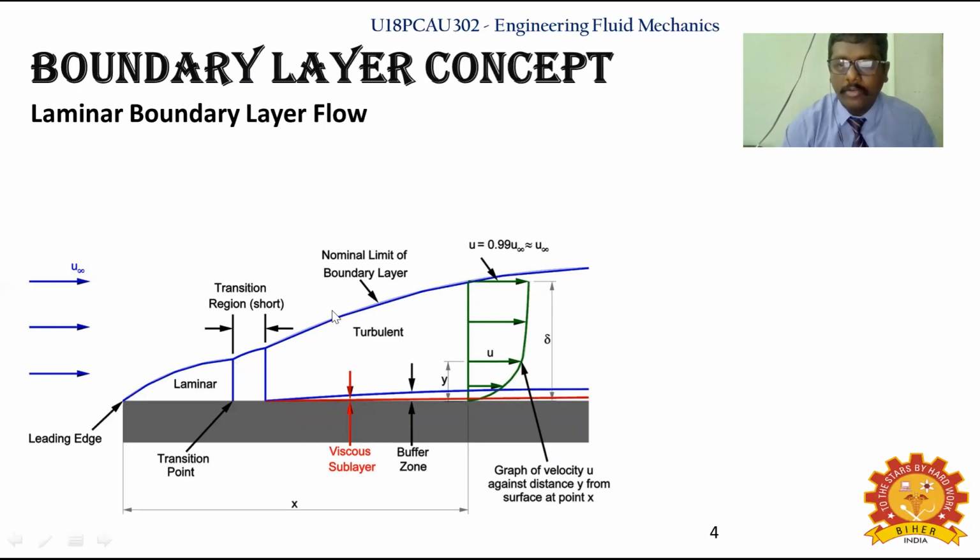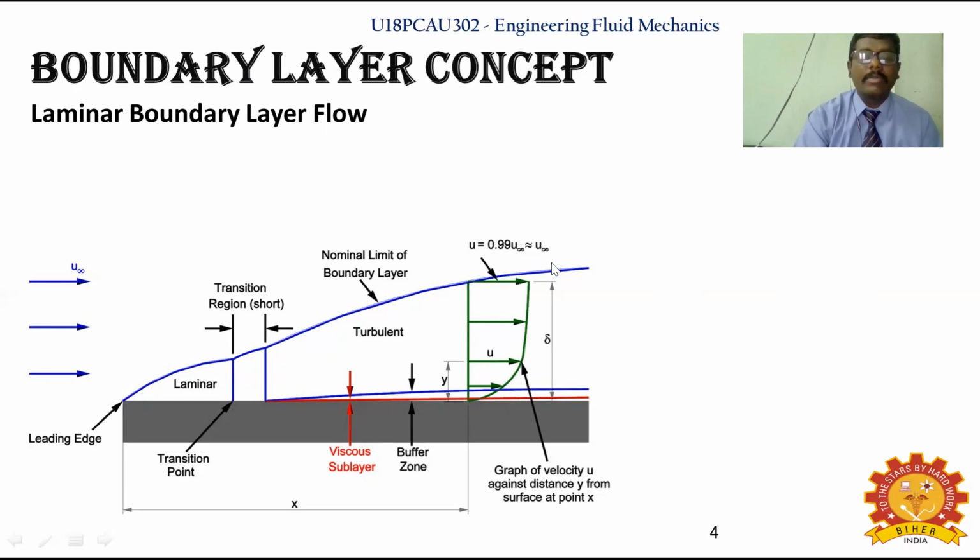Laminar flow and turbulent flow, you will see with respect to Reynolds number also. In the previous model on kinematics of flow, you have seen what is laminar flow and turbulent flow according to Reynolds number. Up to a Reynolds number of 2000, it is laminar flow. If it is above 4000, it is turbulent flow. And if it is between 2000 and 4000, it is either laminar flow or turbulent flow. So you will be having a laminar flow close to the leading edge. Then for a short distance, it will have a transition region. Then it will have a turbulent flow.